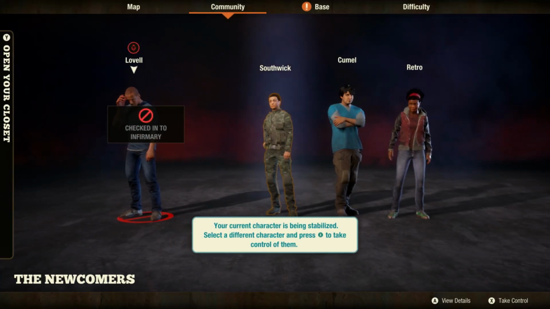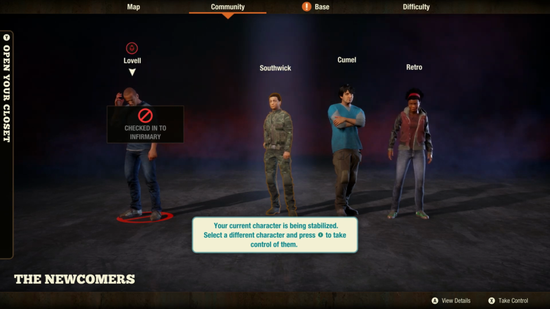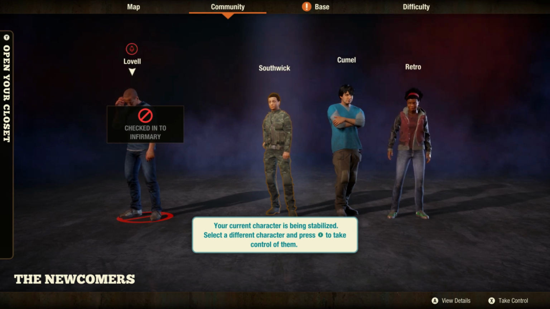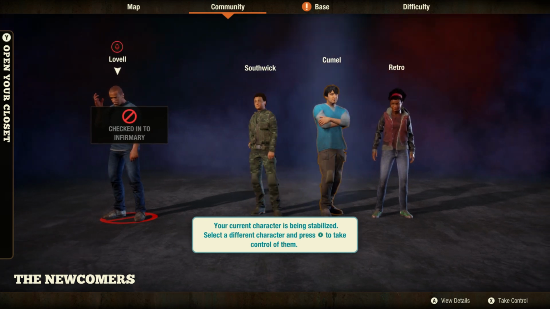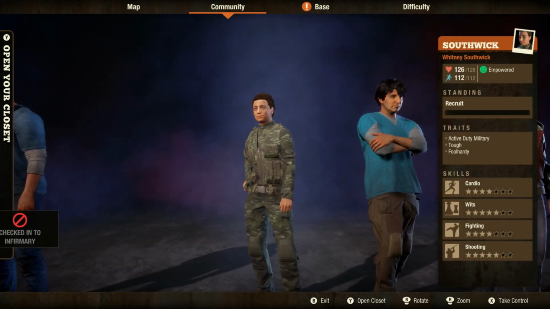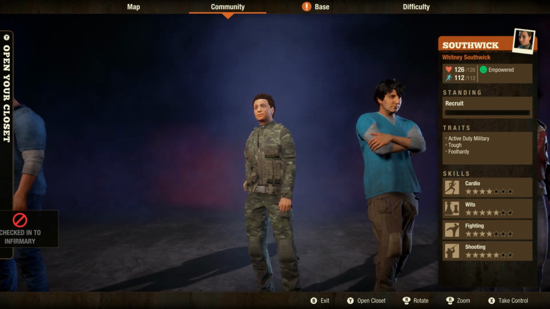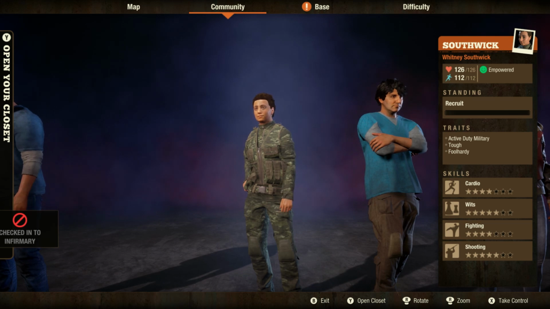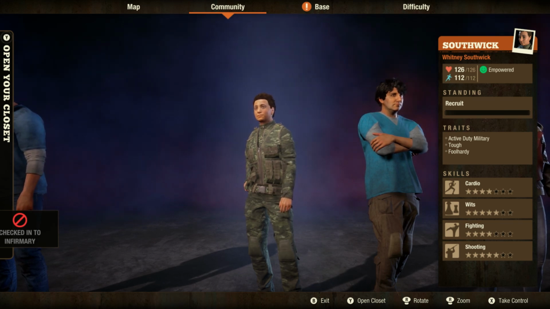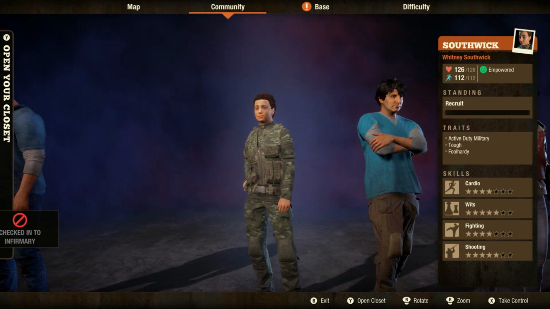There we go, and he's checked in. So who do we play next? We've got Southwick, Camel the Doctor, or Retro. I think we're going to go with Southwick. She's got pretty good stats. Obviously, she's military. Halfway through cardio, nearly through her wits, nearly through her shooting, and halfway through fighting. She's got a spare slot as well, which means that if we find a book, we might be able to